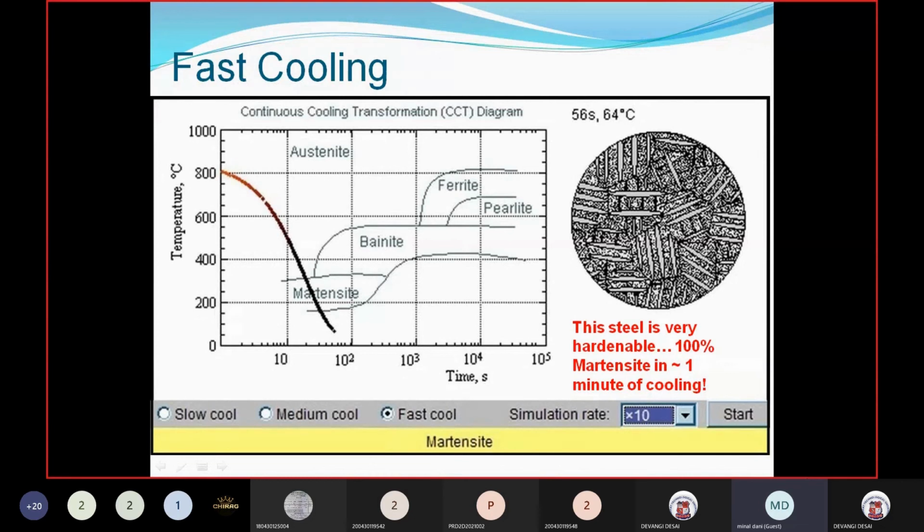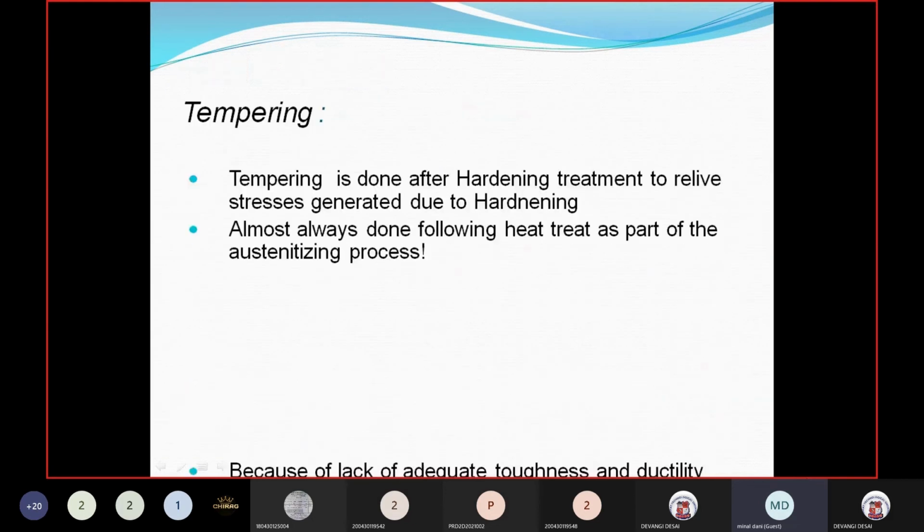But because each and every hardened component should be tempered, these needles become smaller. So after tempering, you get the tempered martensite phase. If you consider EN steel, you receive almost 58-59 HRC hardness in the tempering treatment. So this is about all of it. Next slide, madam, please. All about the basic heat treatment.